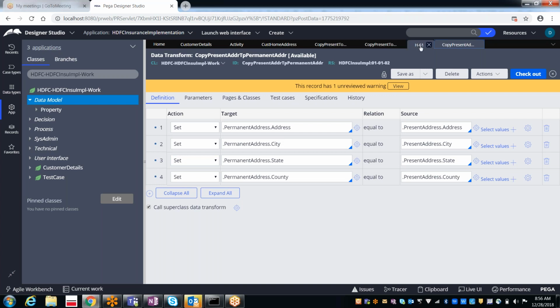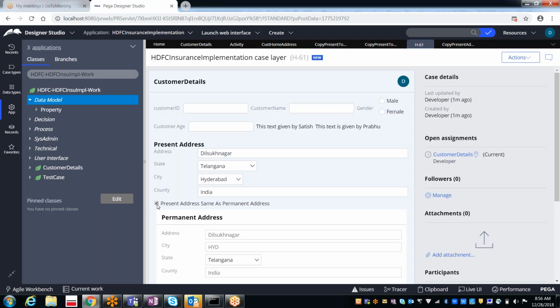But next time, only when this checkbox is true do I want to copy. When this checkbox is false, I want to clear these values. Getting what I mean? When it is true, copy. Else, clear the values.